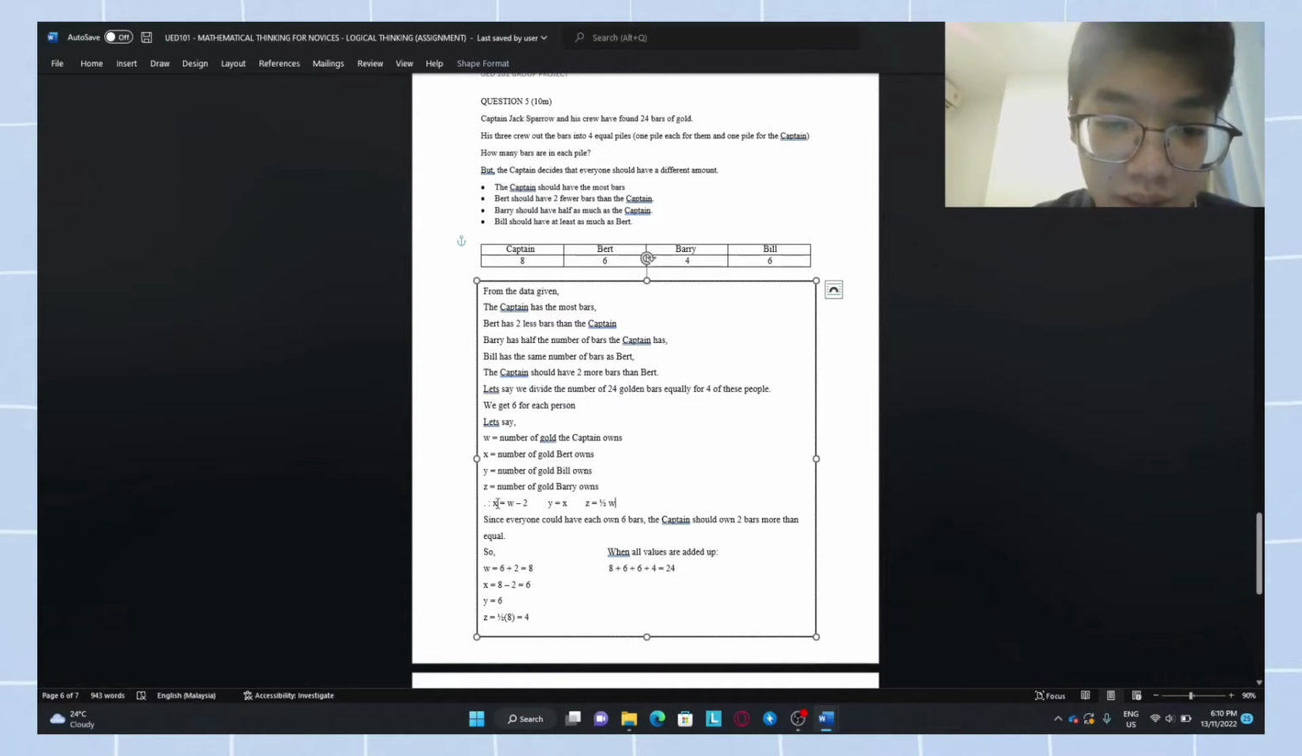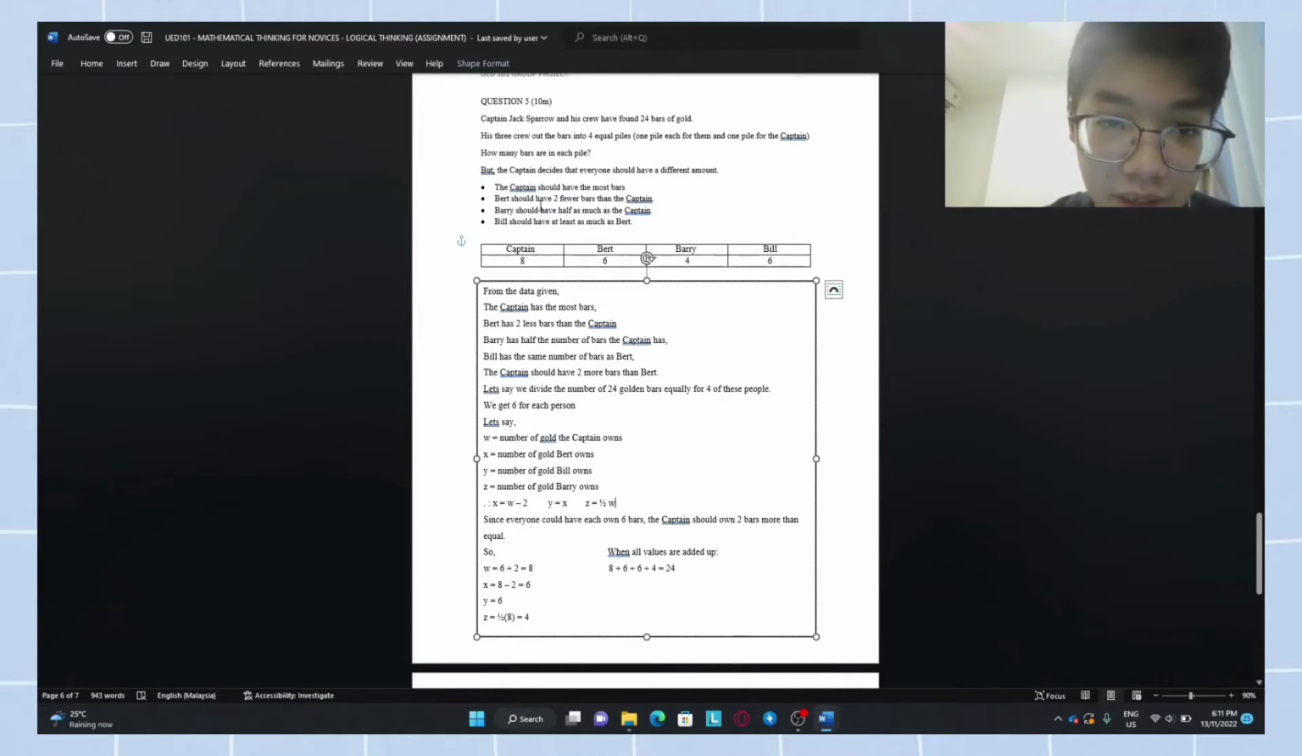From the equations that I have created, X equals W minus 2. In other words, the number of gold Bert owns equals the number of gold the captain owns minus 2, because the description says that Bert should have 2 fewer bars than the captain. So it also means Bert has 2 fewer bars than the captain. So X, the number of gold Bert owns, equals the number of gold the captain owns, which is W in this equation, minus 2. For the second equation,